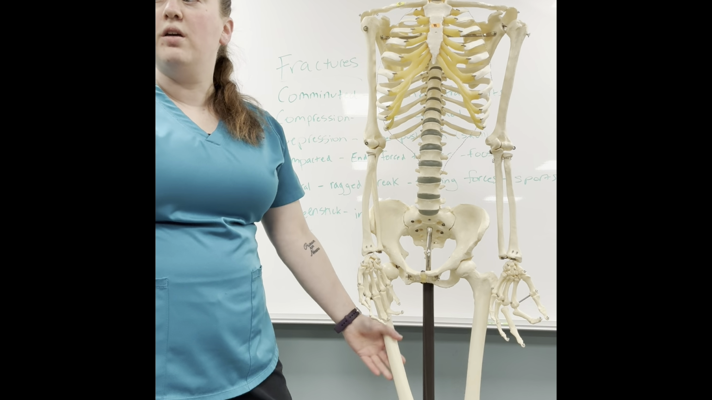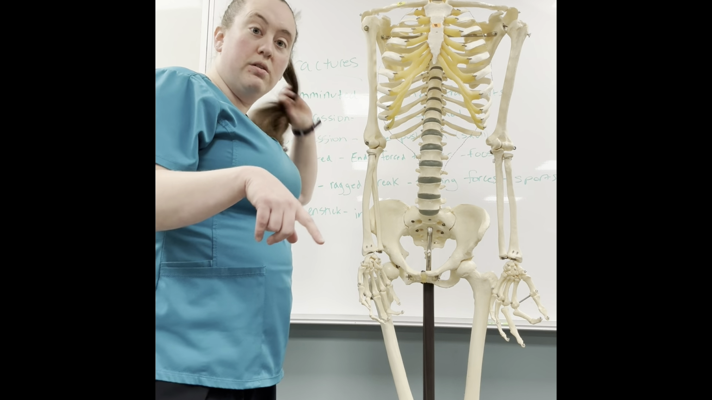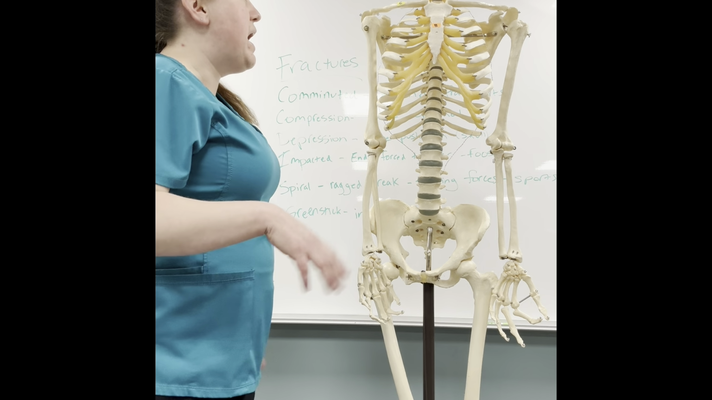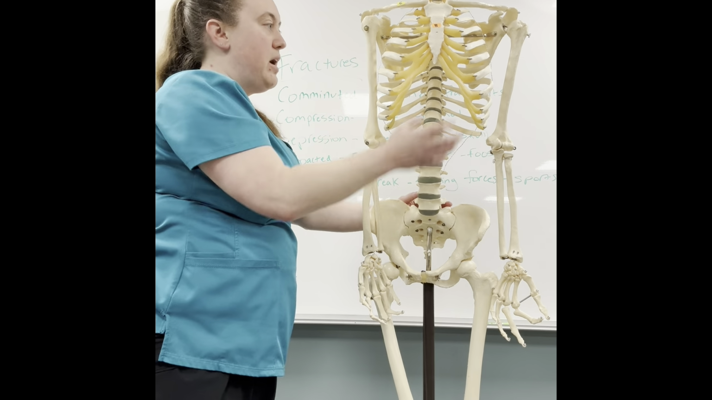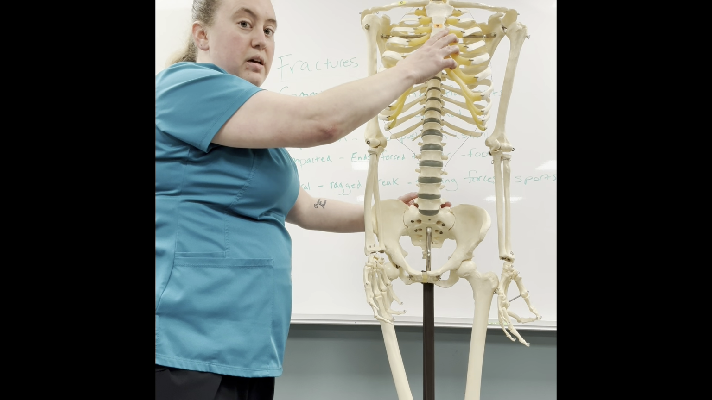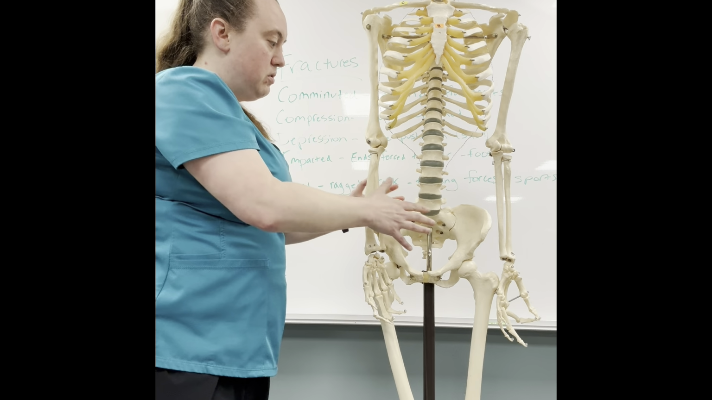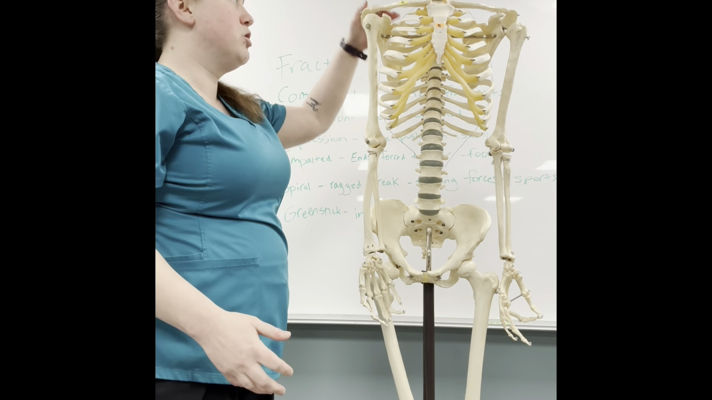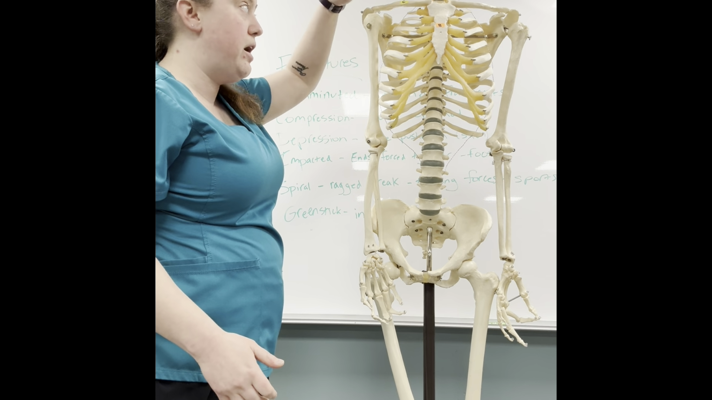Let's see here. We're gonna talk about the difference between the axial and the appendicular skeleton. So remember, axial skeleton is the skull, the vertebrae, and the rib cage. Okay? Everything else is appendicular. Okay? So the pelvic girdle, shoulder girdle, the clavicle is part of the shoulder girdle, so it is considered appendicular,